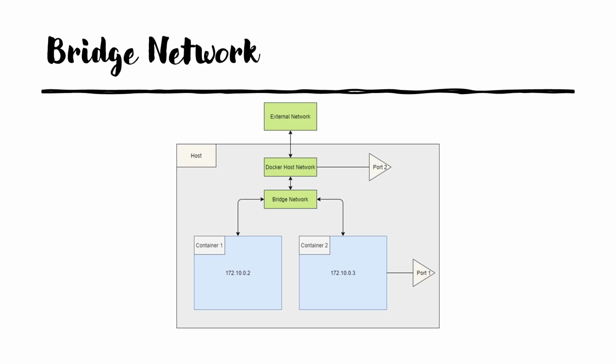Let's first discuss the bridge network. In Docker, the bridge network provides a software bridge that allows containers connected to this network to communicate with each other while providing isolation from those containers which are not connected to this network. A default bridge network is created when Docker is first started. Users can also define their own bridge network, which has its own advantages.